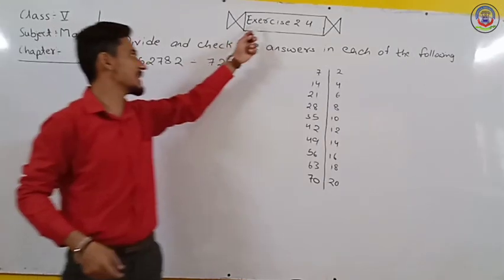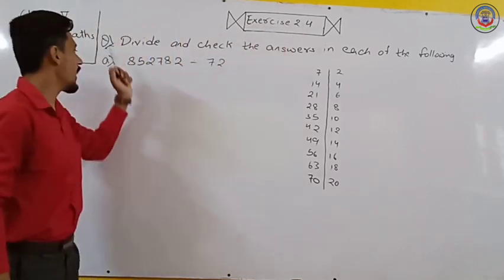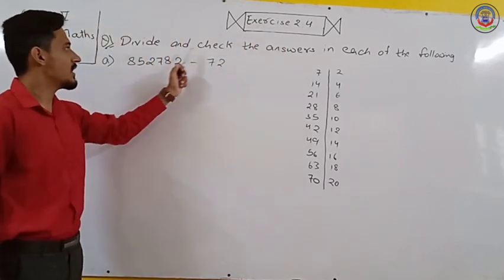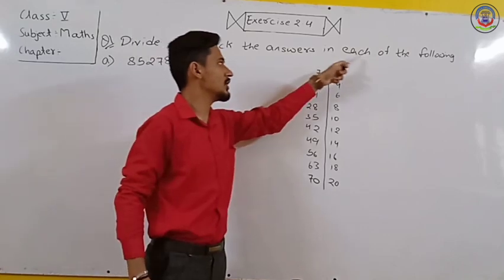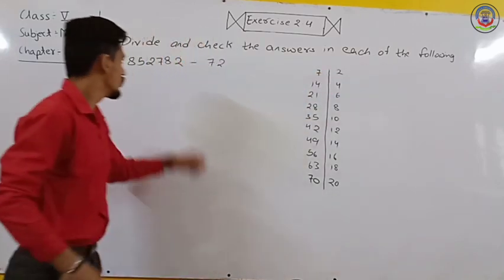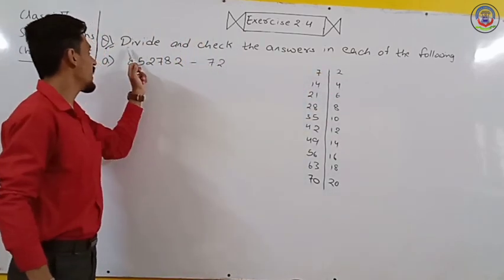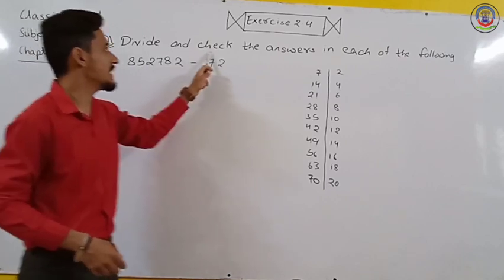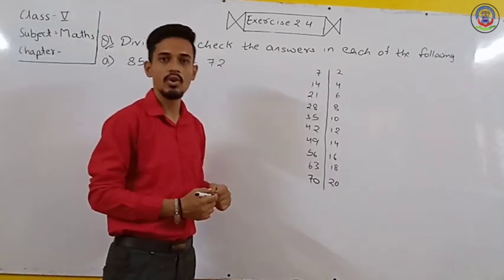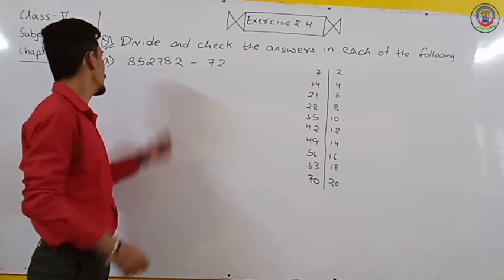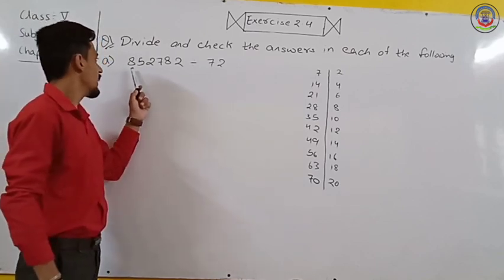Now let's start exercise 2.4. Question number 1. Divide and check the answers in each of the following. हमें जो नंबर्स दिए गए हैं उनको क्या करना है, डिवाइड करना है और उसके बाद चेक द आंसर्स यानी उसके आंसर्स को चेक करना है. So let's start. A, we have